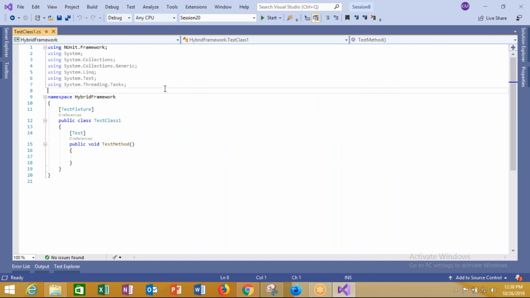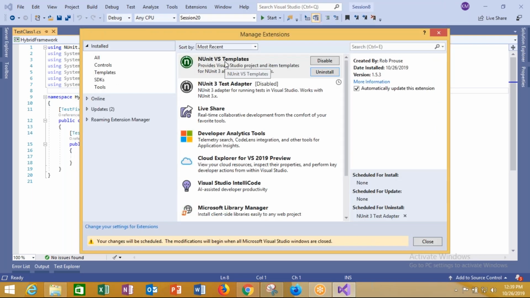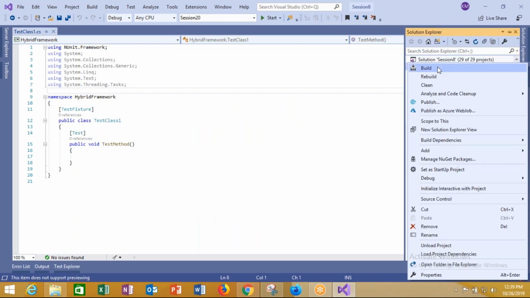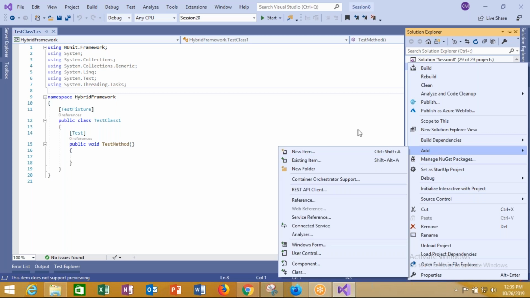Now it is gone. So better that from the extensions you install the NUnit Visual Studio templates, and from the NuGet packages you install